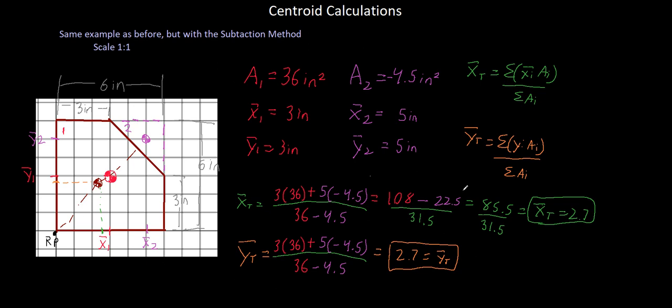So as you can see, you could use either the addition method or the subtraction method, if the question allows for it, to solve for the same shape. You get to kind of choose based on what is the simplest for the shape given. So hopefully that wasn't too incredibly painful. But let's go ahead and label this last one as the centroid total right